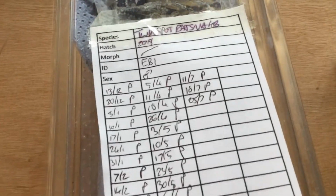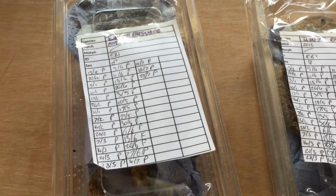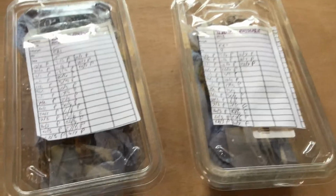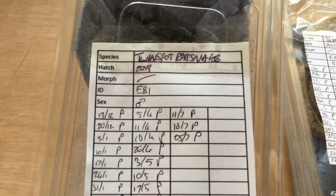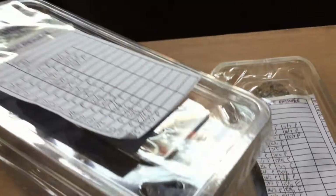So in this box, as you can see, both the boxes I've got the feeding records. I'm assuming that P means pinky and the F means fluff, because Will from Global Geckos told me that these are moving on to fluff soon. Fluff mice, that is. CB 2018, as you can see. Now, this is the male. You can't see from that side, so I'll just turn him round. We'll be releasing these into the enclosures so you'll get a better view. But you can see there,